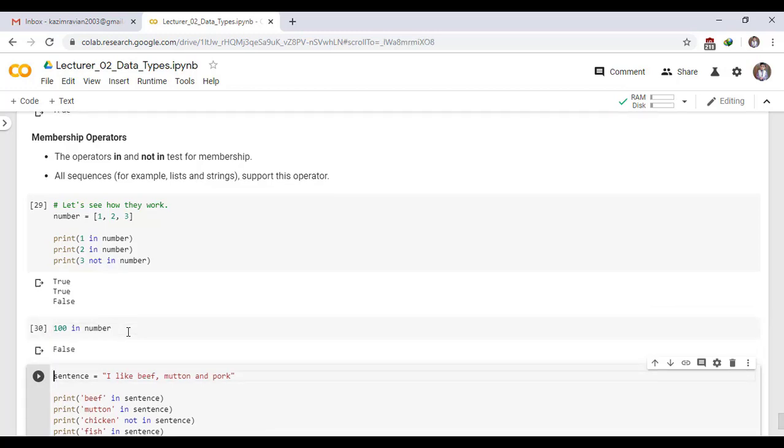False. This means 100 is not in list number. 100 does not belong to list number. Now we will check